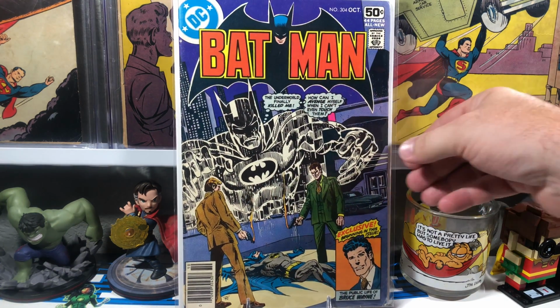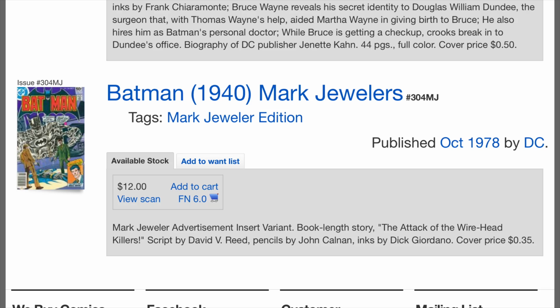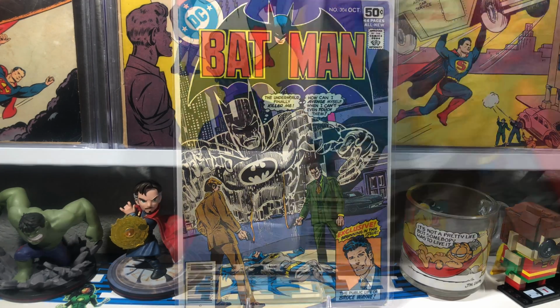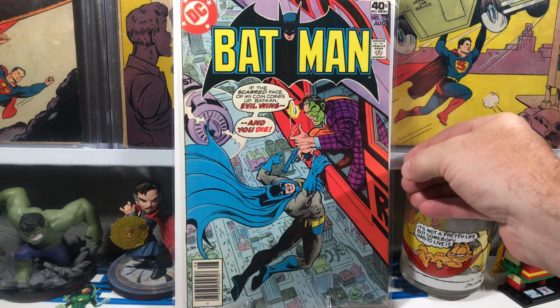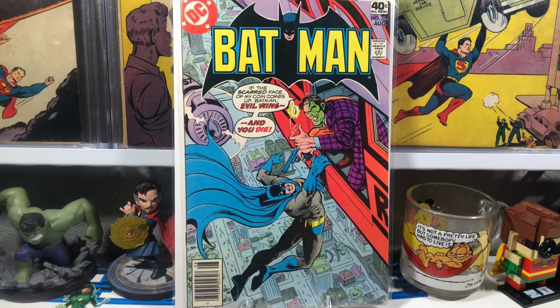Next, we have Batman 304. Obviously another Mark Jewelers variant, but no star on there, or at least not one that I can see. Next is Batman 314. There is a little asterisk right up there. So sort of a cool, you know, later